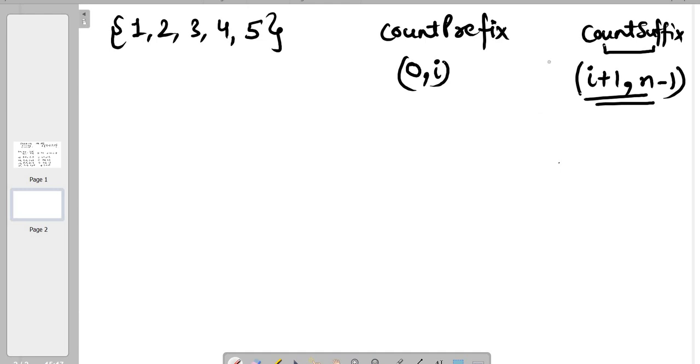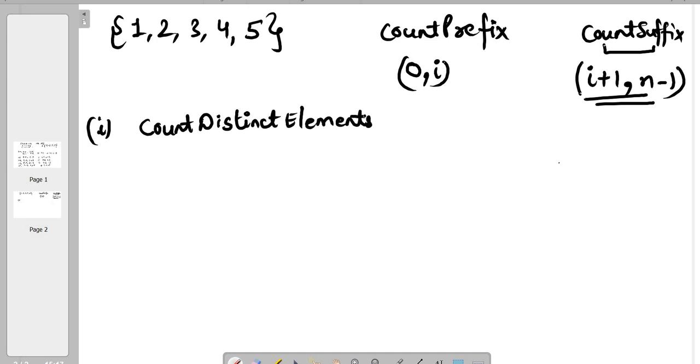And also we don't have to consider the duplicates, correct? So what we are going to do in the first step, we are going to write one generic function to count the distinct elements. So it will count both prefix and suffix.